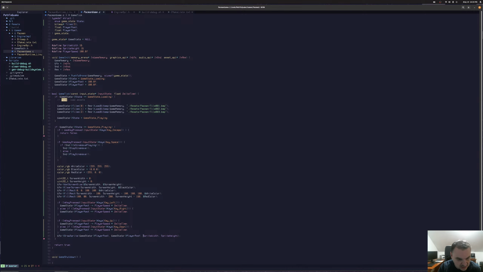Somewhere in here, I can say game state tiles 0, and that will have a bitmap pointer. And obviously this is now a problem, and I don't even want to specify the width and height anymore, right? Because